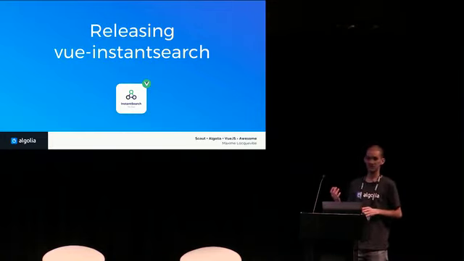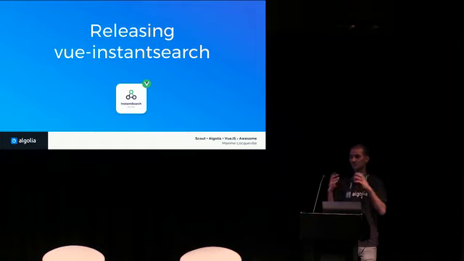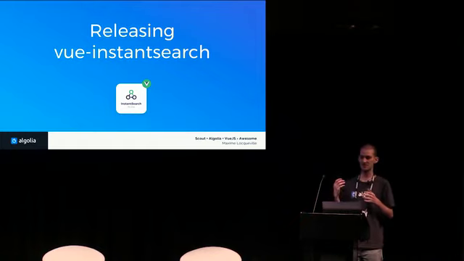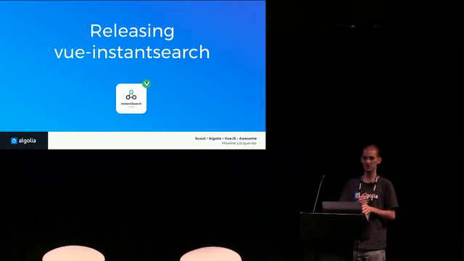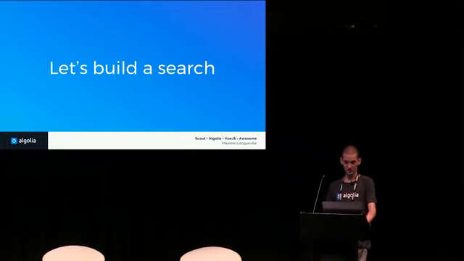So why is this interesting for the Laravel community? At Algolia, our goal is to make this experience of building search as fast as possible. And since last year, I think Laravel ships with Vue.js by default. I'm going to show this library to you, and you will see that you cannot do a lot faster than this. So let's build the search together.